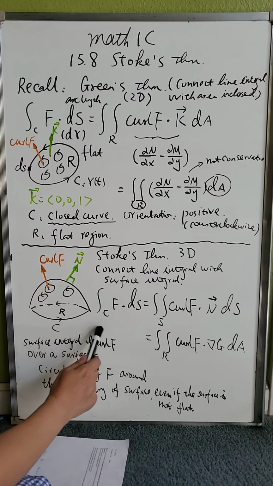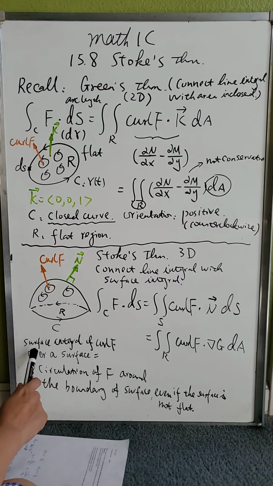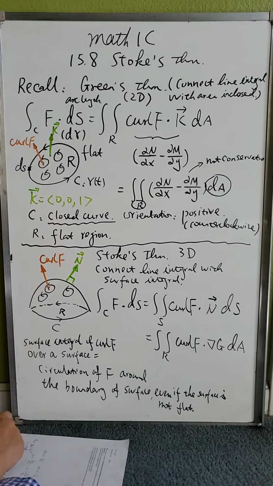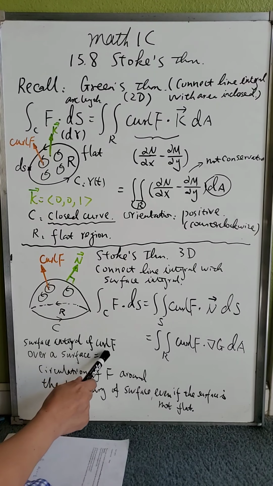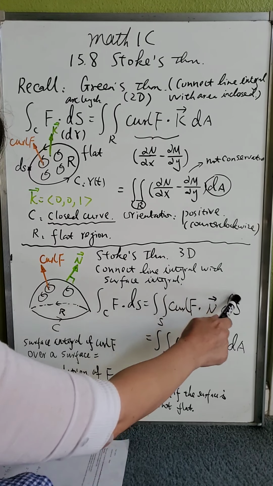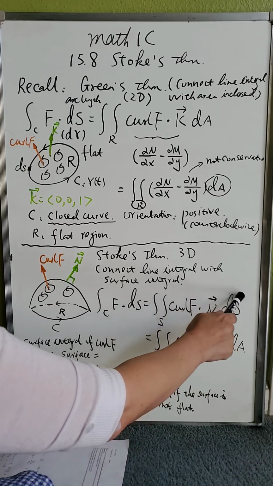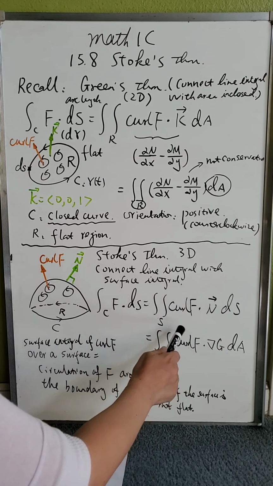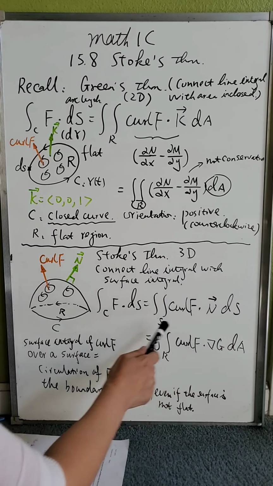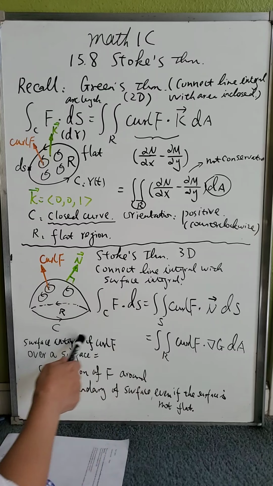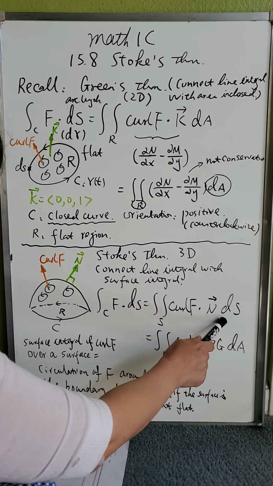So here's what Stokes believed. Stokes believed that even though this surface is not flat like Green's, the surface integral of the curl, which we learned in 15.6 and also in 15.7, so this is a surface integral, the surface integral of the curl over a surface,